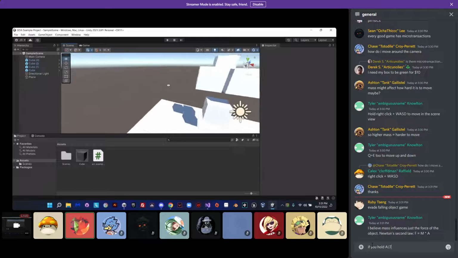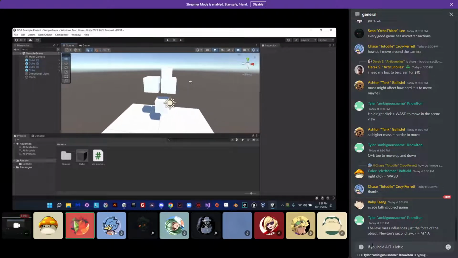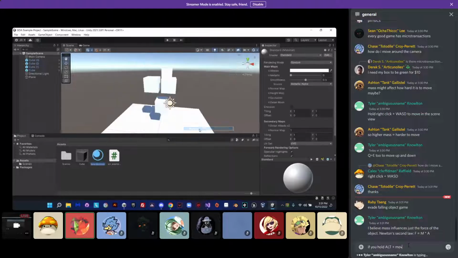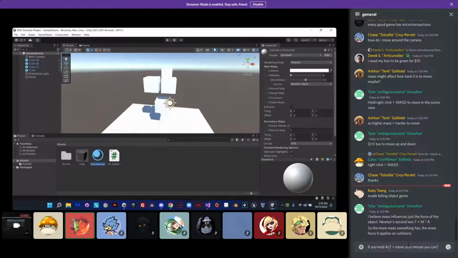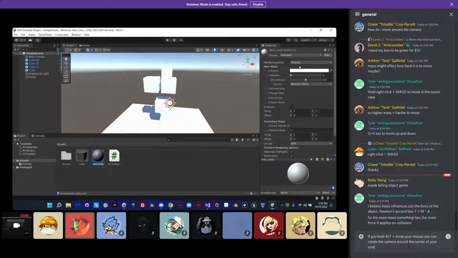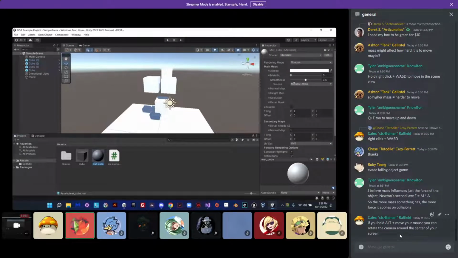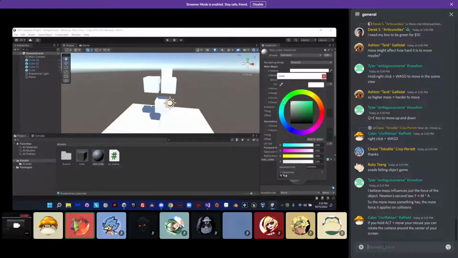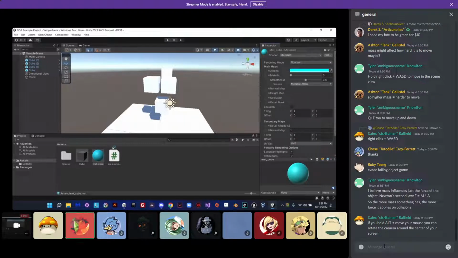And now let's say we want to give this object some texture. We're going to right-click, create, and add a material. This material, we can call it anything. We can call it matte cube. Amazing name. And then we have all these options, and there are a lot of things to materials. We'll probably have a workshop on it later, but right now we're just going to click on this white square, and we can select any color in the world. We're going to do a nice blue,